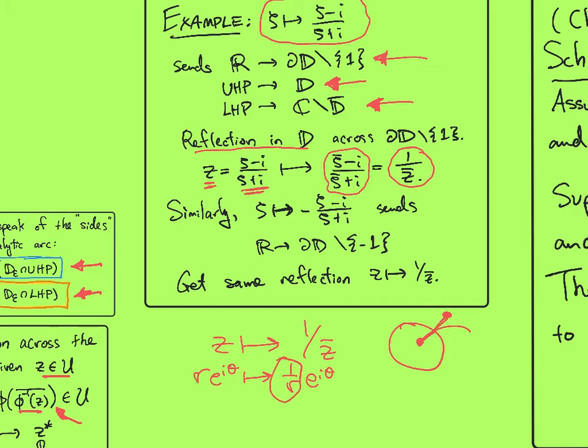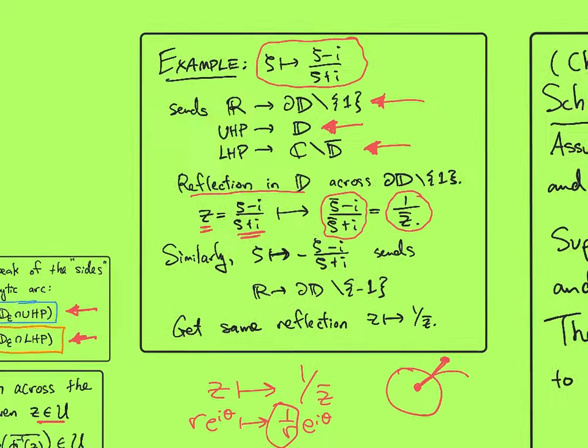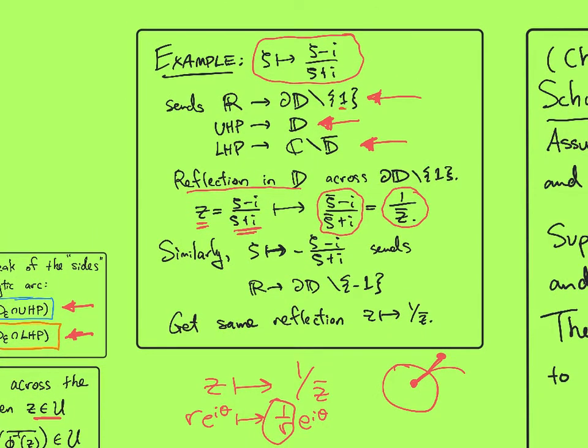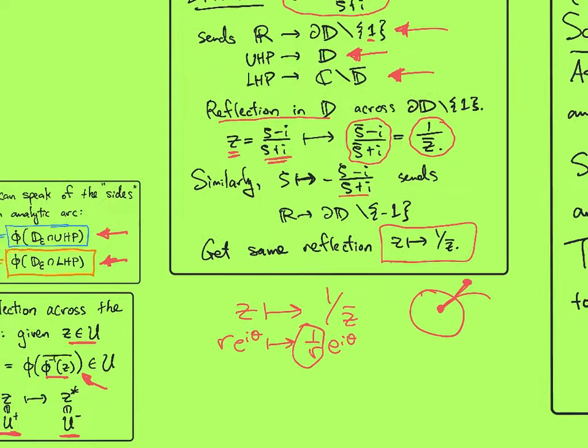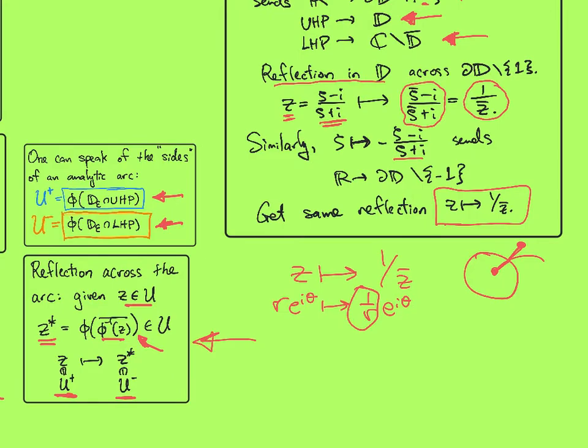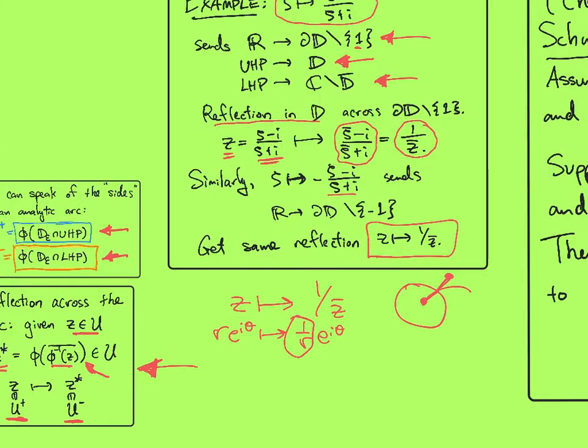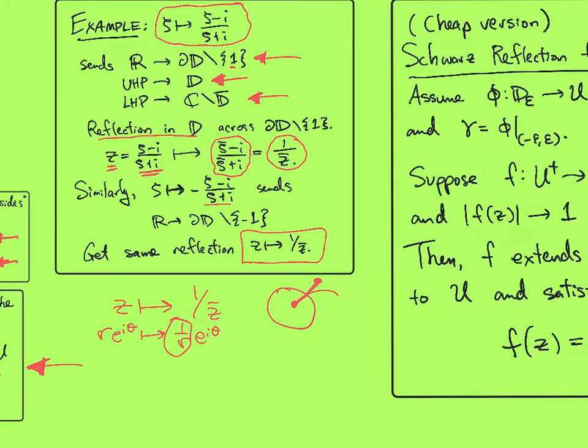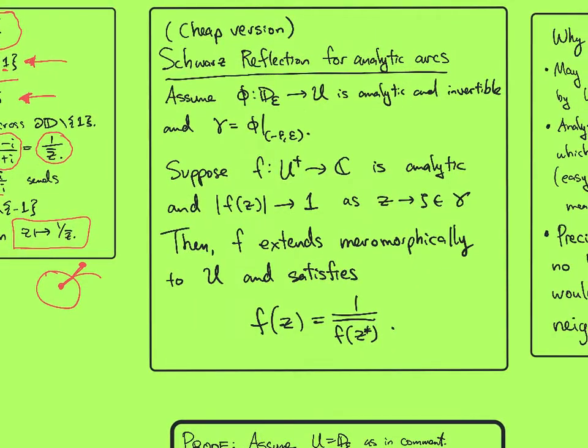Okay, but one issue here is that this avoids the point 1, so you'd have to use a different map to cover the point 1, but in both cases you get the same reflection. This is similar to something I alluded to here: if you're careful with your definitions, the notion of reflection doesn't depend on the map that you use. Okay, and so here's a cheap version of the Schwarz reflection principle for analytic arcs,